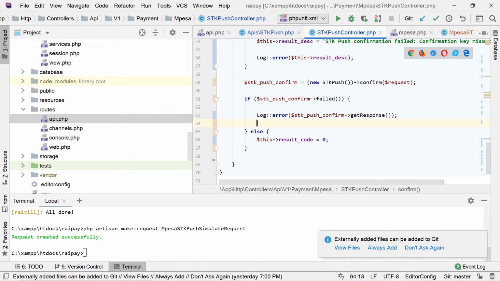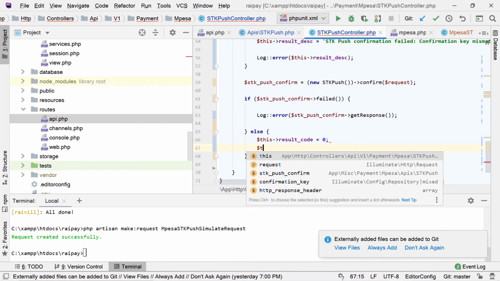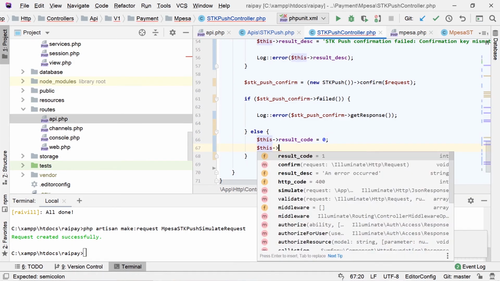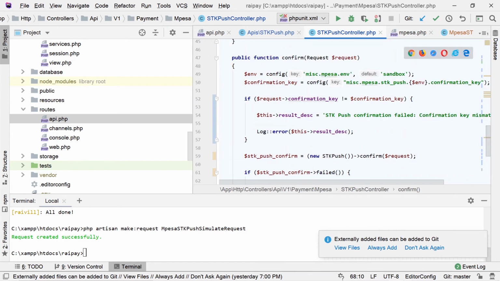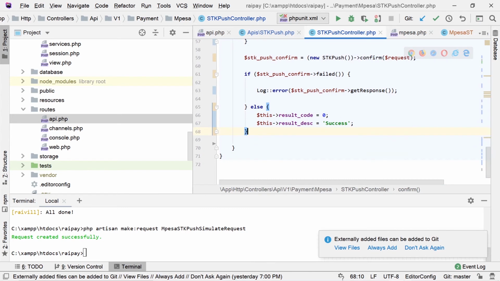So our result code remains the same, but if it doesn't fail, it means it's okay, and at that point we can accept the transaction, and we can just set this result description. You can just say success, and then is there anything else? And then we can just return